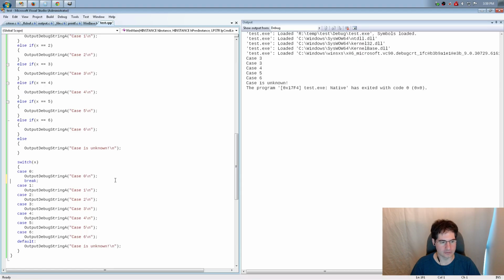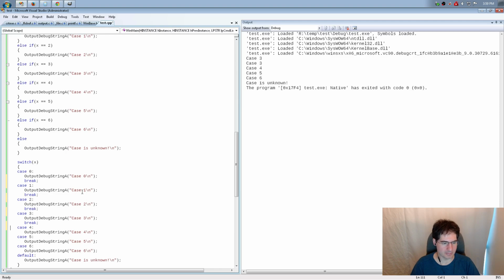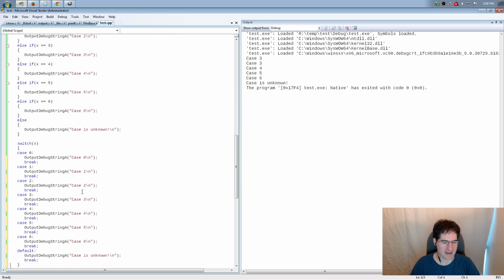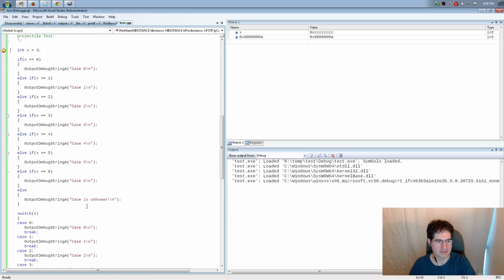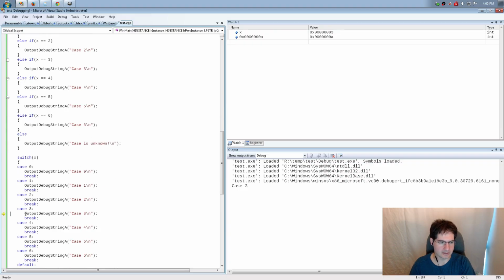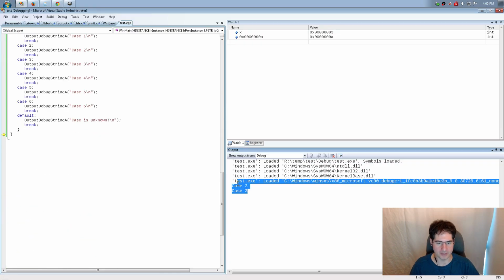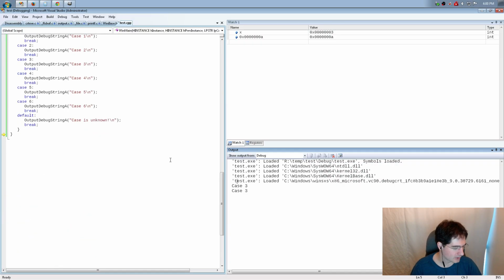Break can also be used to break out of a switch. What that does is it jumps out to after the controlling block of the switch, after the curly braces that enclosed the switch, right? So what I want to do is put a break statement in each of these so that after it's done, it will actually go out. So now if I run my code, it'll do the same in both cases. It'll jump to case 3, execute, and jump out. So both of my things print case 3, which is what I wanted.